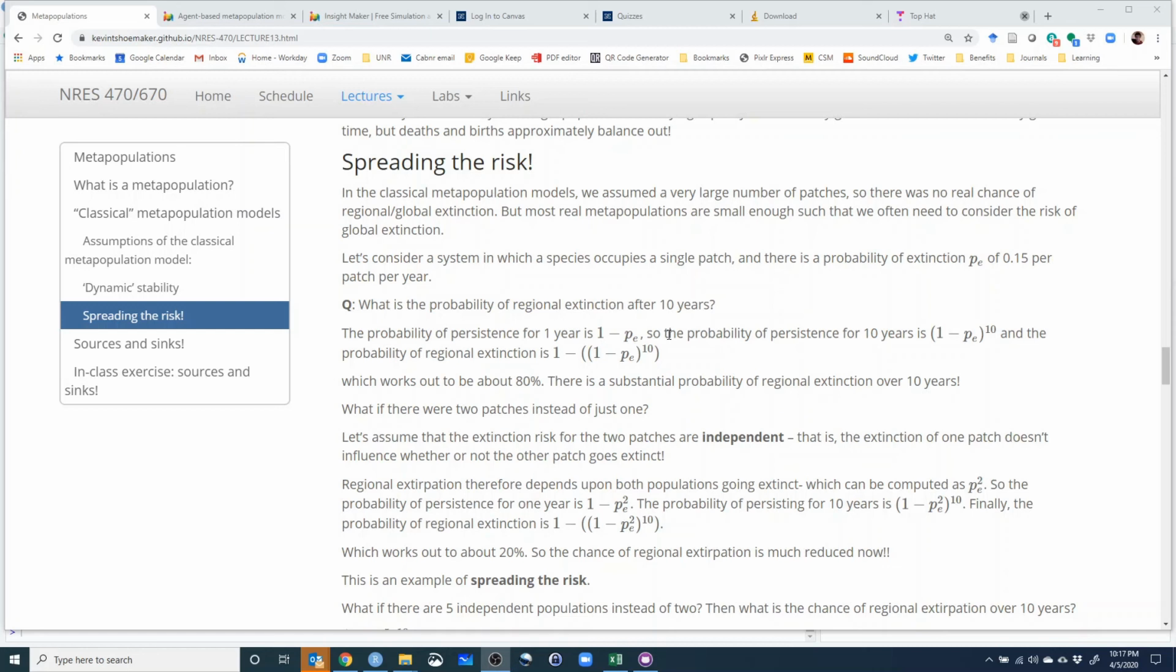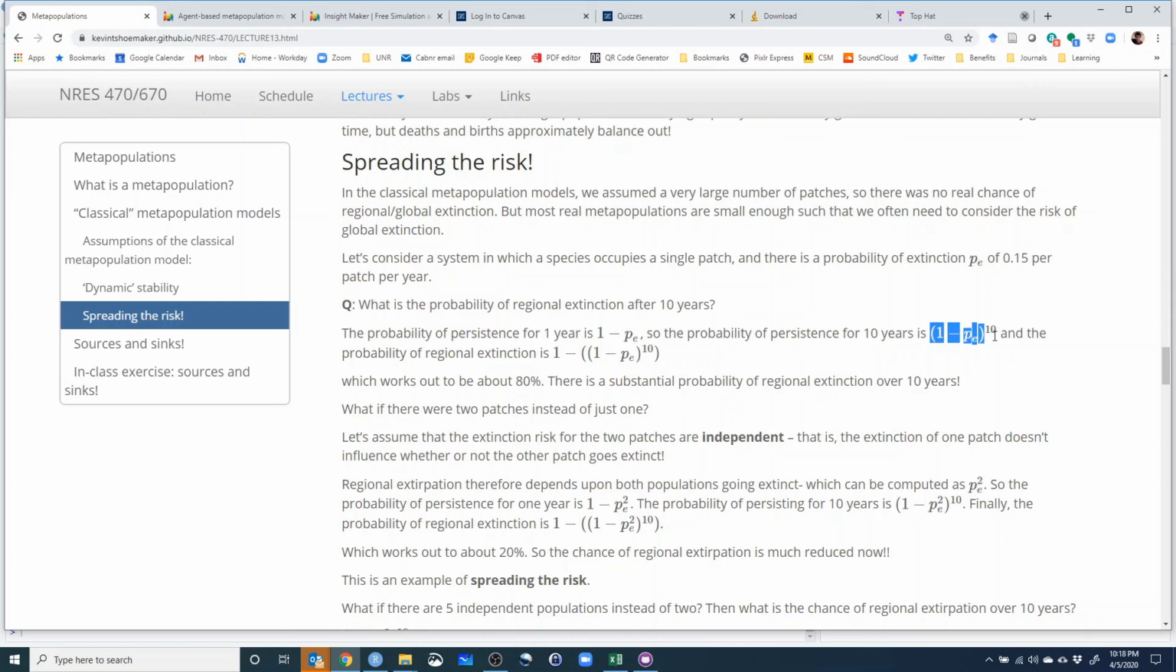So if there's a single patch, what's the probability of global extinction after 10 years? Well, the probability of extinction for 1 year is 0.15, right? So the probability that the population will persist for 1 year is 1 minus 0.15 or 0.85, right? That's the probability of persistence for 1 year. If we wanted to find the probability of persistence for 10 years, so this patch has to persist for 10 years straight, the way to do that is to multiply that probability of persistence by,